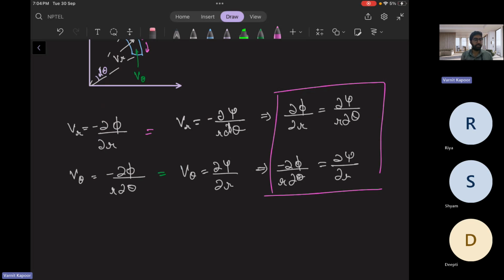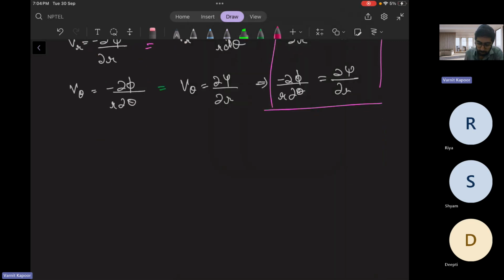And what is the equation for rotationality in polar coordinates? I'll just give a brief of it. We define for the Cartesian coordinates, that is omega of the z direction is dou v by dou x minus dou u by dou y. But in terms of polar, let me write a short note here. I'm trying to say the rotation equation for polar coordinate system